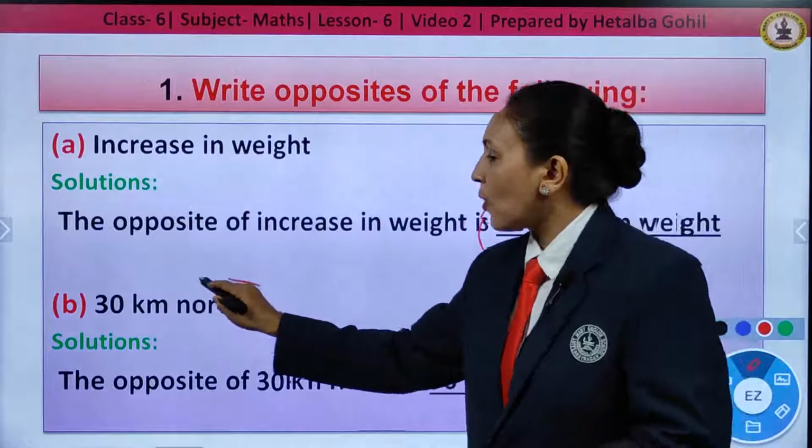Minus 1. Minus 1 is a negative integer, that means it will be on the left side of the 0 on the number line. So from 0, children, you can see here minus 1, and this side we can put it as 1, that is a positive side. So on the left side from 0, the first step will come to minus 1.